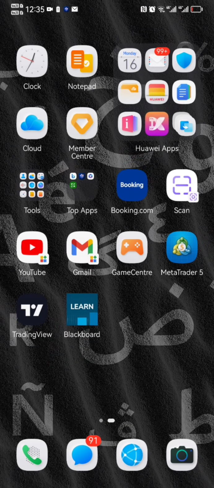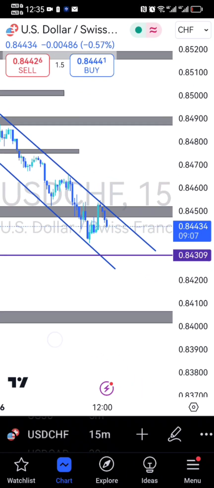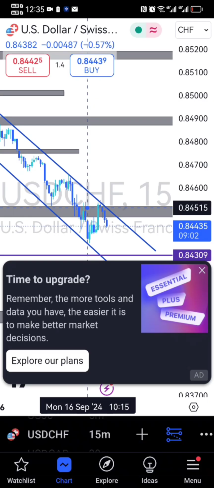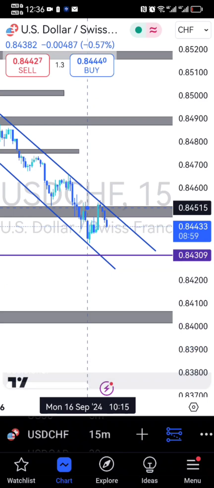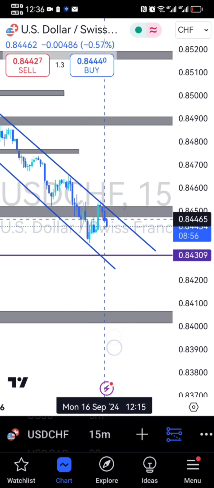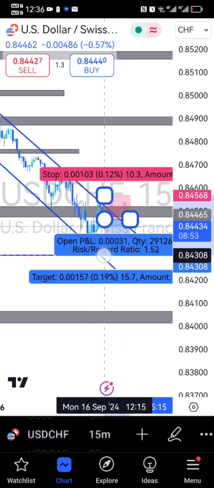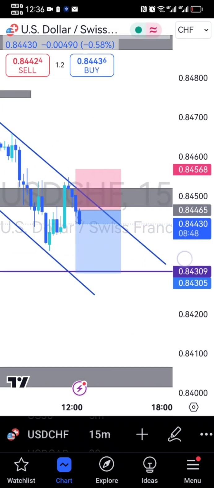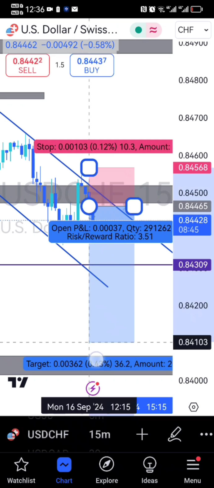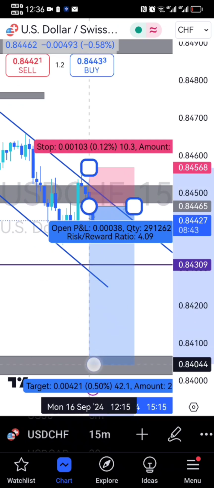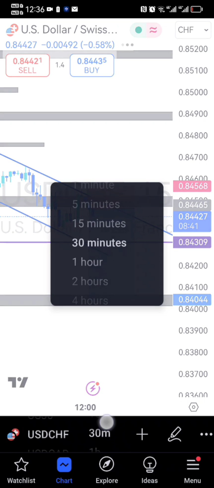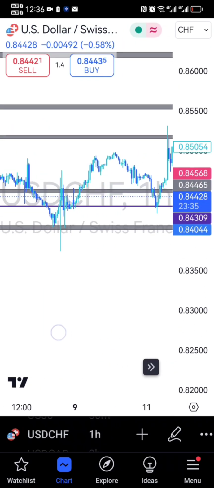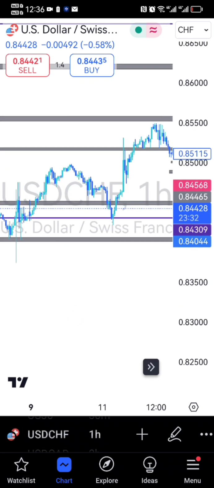But for USDCHF, let me jump over to TradingView to show you guys why I took the trade. Short position. This is where the entry is, and TP1 at 1.5 is where we lock profit. But I'm anticipating this thing to go all the way down there, which is a 1 to 4 risk to reward ratio, because if you go to the 1 hour, you'll see why I say it's going to go all the way down here. This is where there's a lot of liquidity.